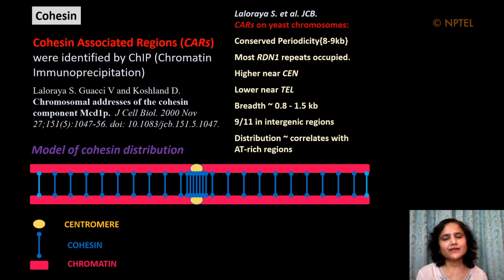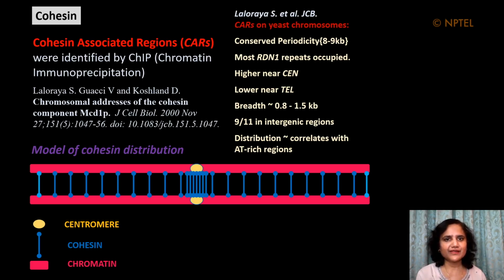We also found that there was higher binding near the centromere and pericentric regions, and lower binding to sites near the ends of chromosomes, or near the telomeres. The sites that we identified were quite broad, ranging from 0.8 to 1.5 kilobases. We also found most of them were located in intergenic regions and that their distribution correlated more or less with